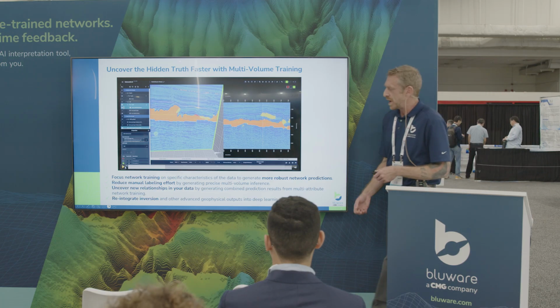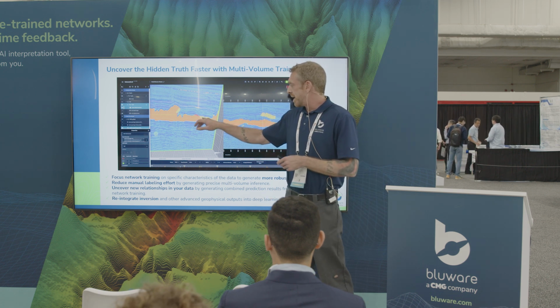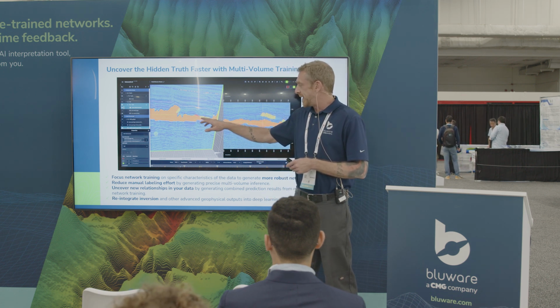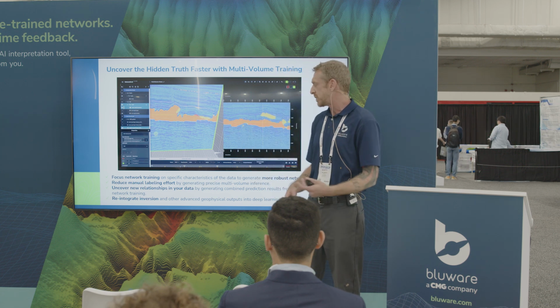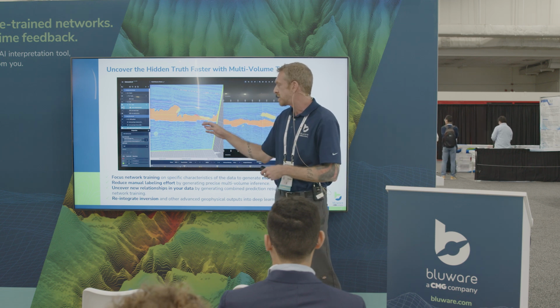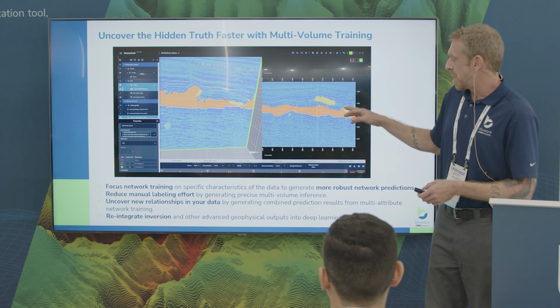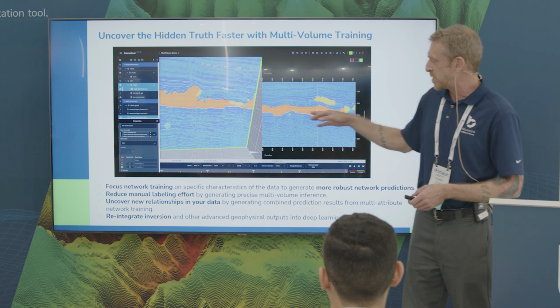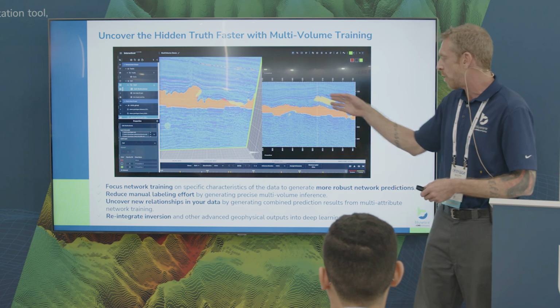So let me pause this right here for a minute, and there are a few things that we can tell right away. The yellow color is the amplitude inference, single volume amplitude. The red color, which is orange in overlap areas, is the results from multi-volume training. You can see right off the bat, multi-volume training is much quicker to converge on a reasonable result without false